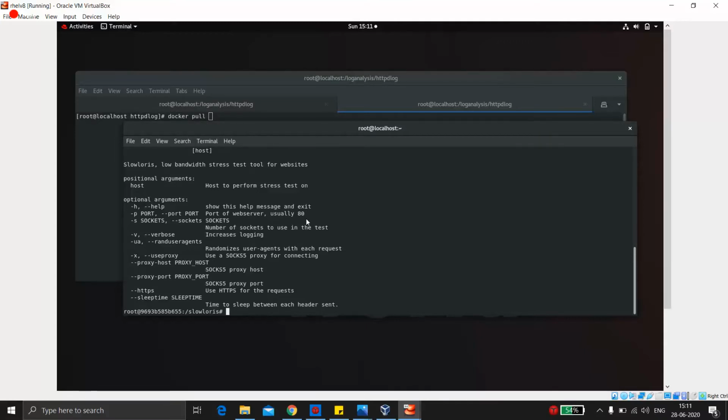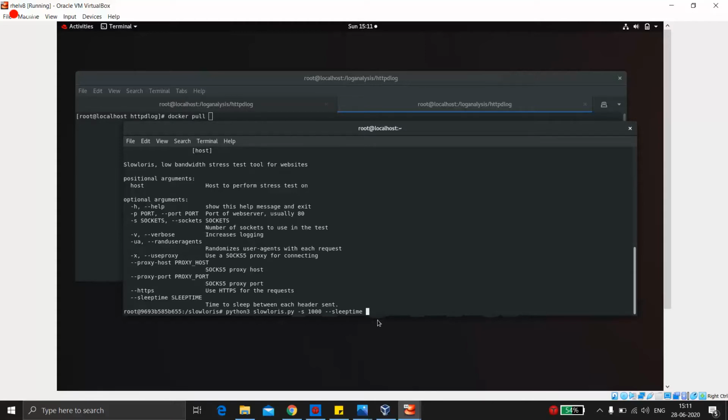So now we'll write the command to do the DOS attack. The command goes like this. First of all, we'll set the sockets. Now what are sockets? Basically, you can think of it as the number of requests it would make. It would make 1000 requests. Now we'll decide the sleep time. Now what is sleep time? Sleep time is how much time you need between the next attack after doing 1000 requests.